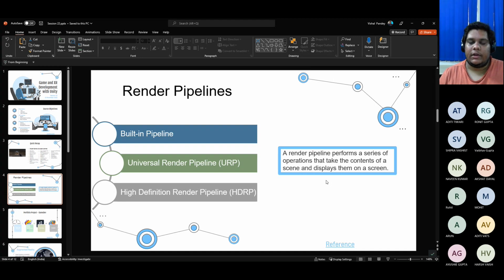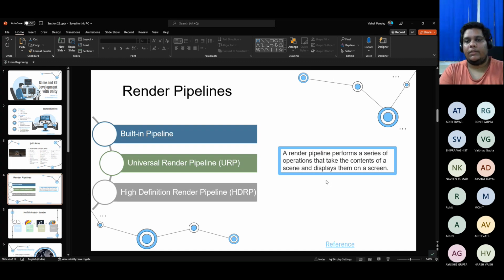The same thing can be applied in games as well: whatever lighting you have implemented, if eventually you want to change some things, you can do that in post processing. Unity has different post processing stacks, which are part of render pipelines itself.